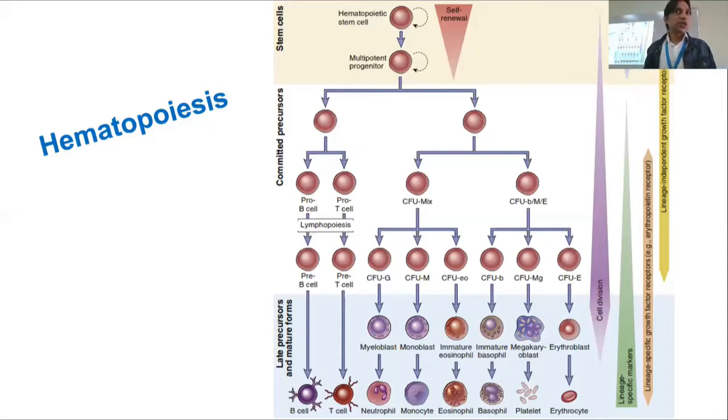A differentiated cell is one which is capable of executing a particular job, which has definite proteins and structures that can execute it. T cell is a differentiated cell. B cell is a differentiated cell. Eosinophil is a differentiated cell. Hematopoietic stem cell is a stem cell. It is not able to produce any function. It is not designed to do any job. It is designed to give rise to all those cells. Loss of stemness gives rise to differentiation.